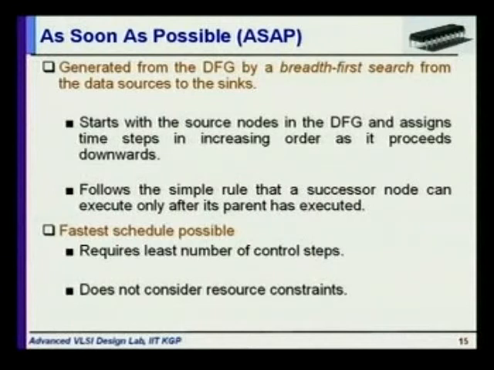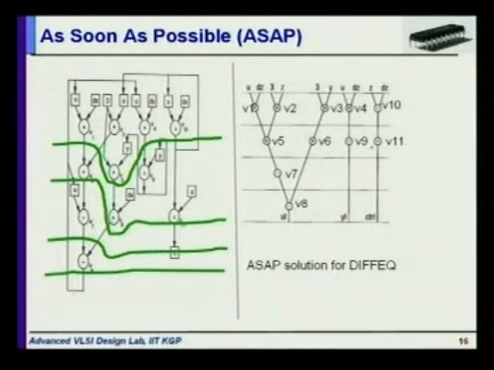It's a very simple strategy. Then what are the advantages and disadvantages of this algorithm? It basically generates the fastest possible schedule and always requires a smaller number of control states, but the problem is that it does not consider your resources. It always uses the maximum number of resources. For example, in this step there are 4 multipliers, 1, 2, 3, 4. If you go for this schedule, you have to have 4 multipliers in your design. But if your design constraint says you can use only 2 multipliers, this scheduling strategy will not work. So it does not consider your resource constraints.